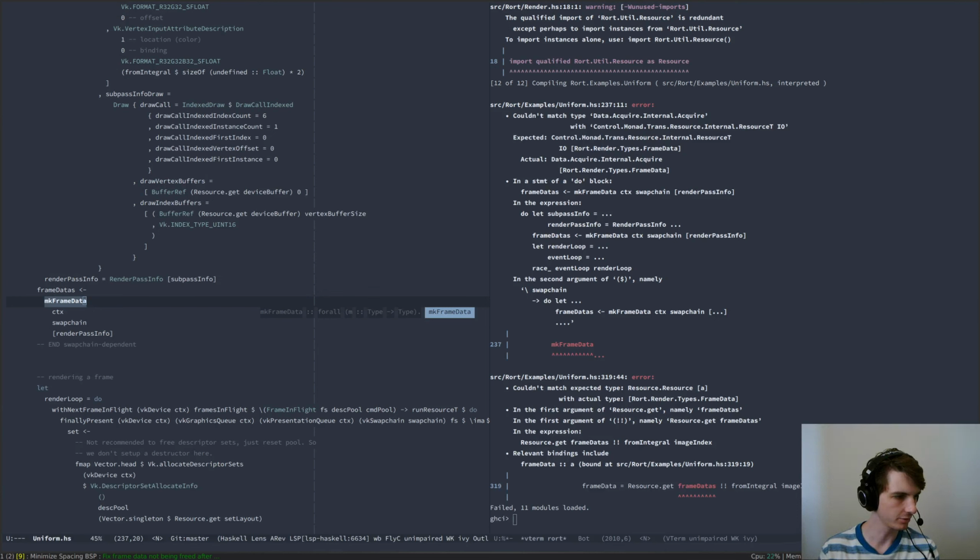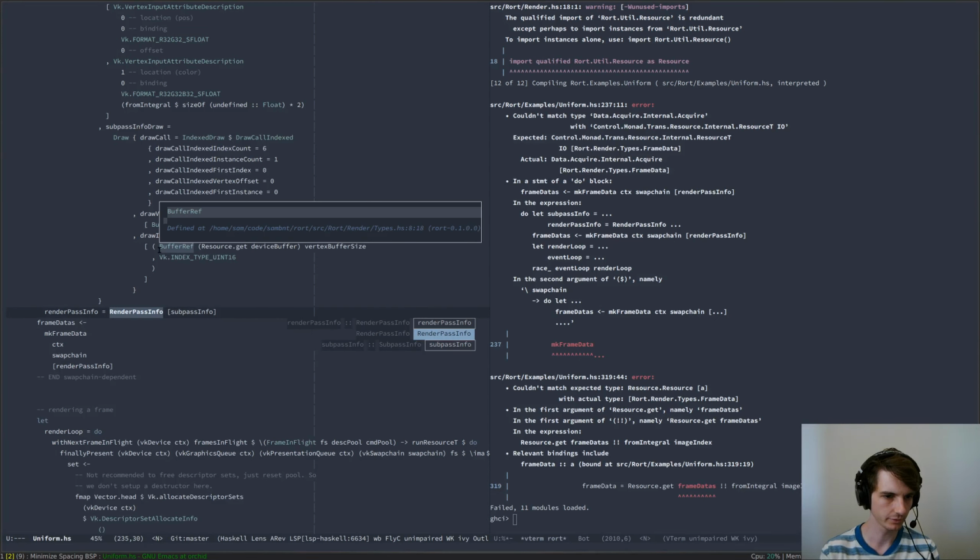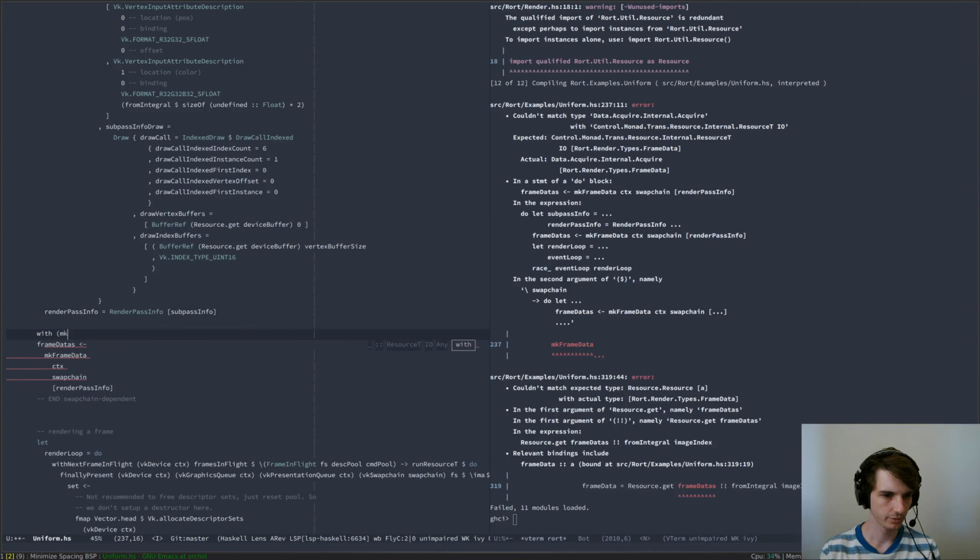It means that we can do what I was talking about, which is we can use width to limit the frame data to a particular time period. So when are we going to do that? We can probably just do it here. Let's just do it here, with make